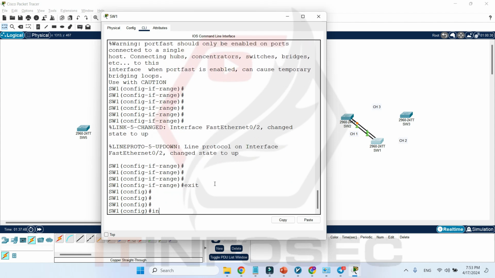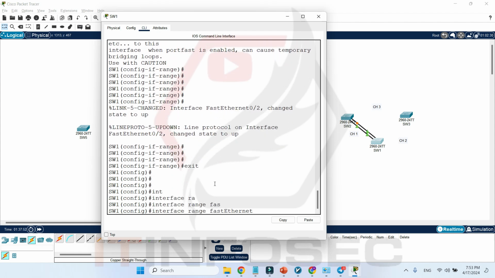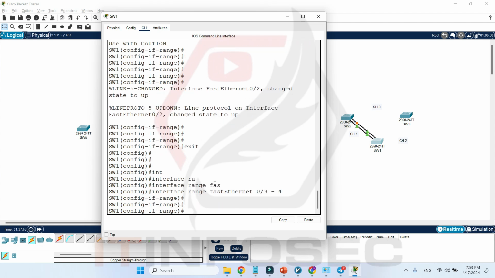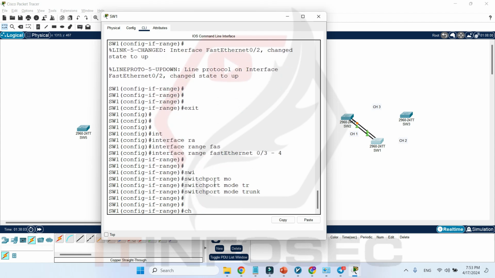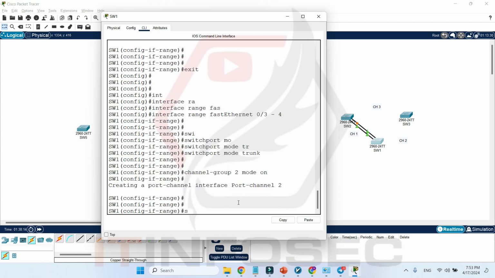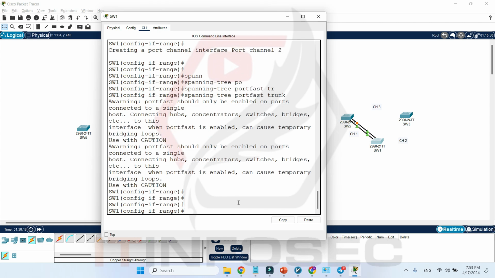Exit, interface range, to select two ports together at the same time: interface range FastEthernet 0/3 - 4, switchport mode trunk, channel-group 2 mode on, and spanning-tree portfast trunk. Okay,